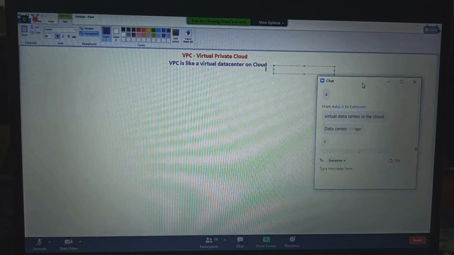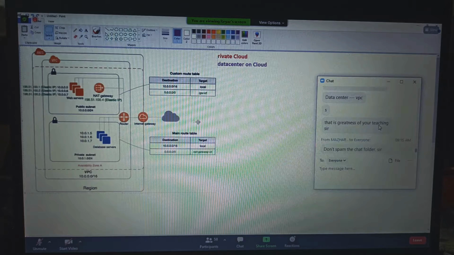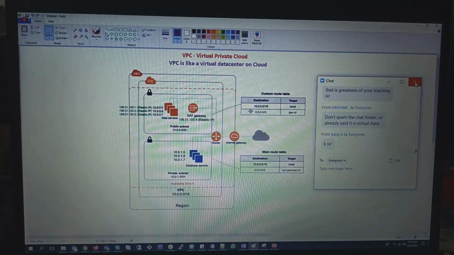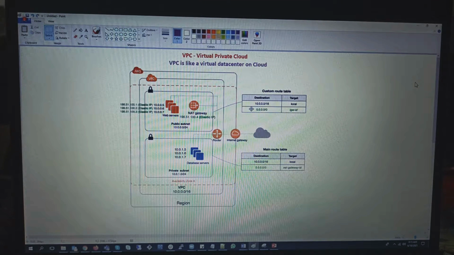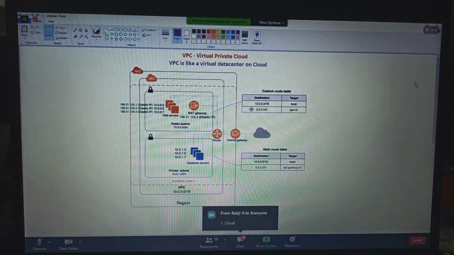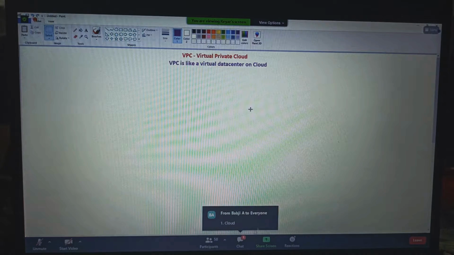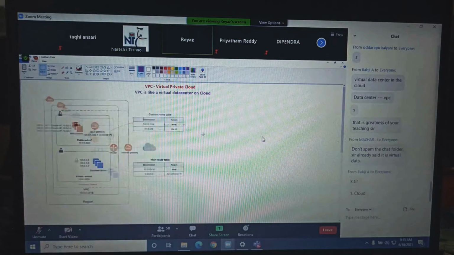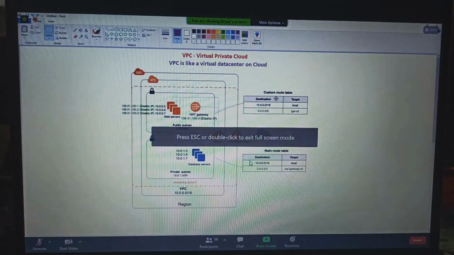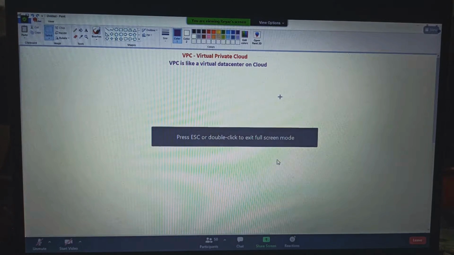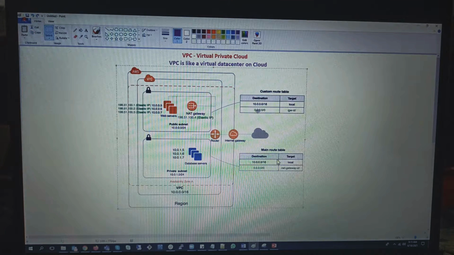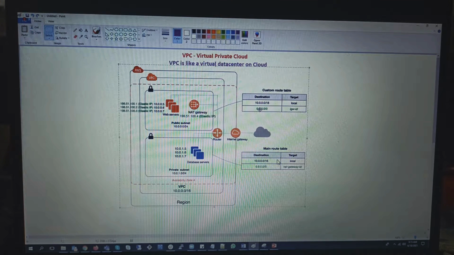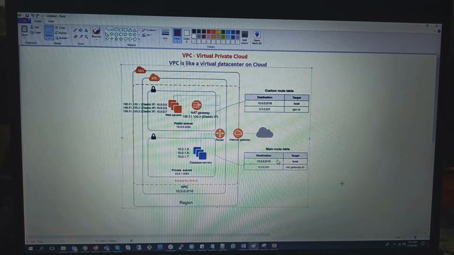Just stare at it and list down what you see there. Not one by one, all at once. Go ahead.